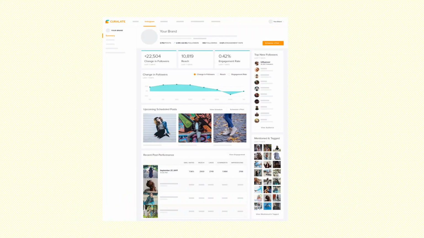After connecting the Instagram account to Curalate, we can easily monitor our brand's Instagram account. We can monitor the gain and the loss in the number of followers, traffic, etc. We can even generate reports in the form of charts. As we can see here, it is showing us numerically the number of followers, that is change in followers, reach, engagement rate, etc. It is also showing us a chart which shows the change in the number of followers.